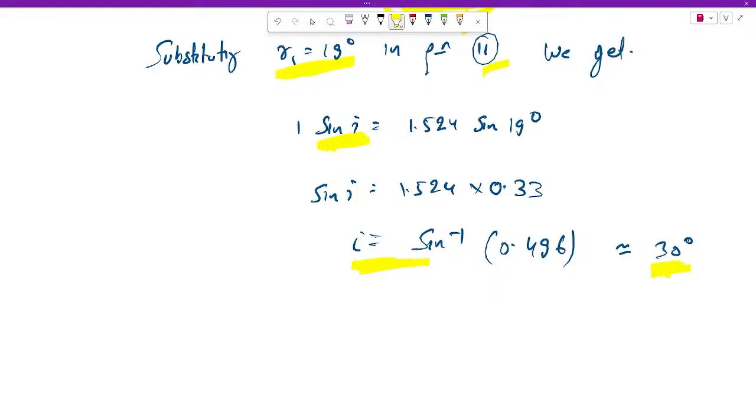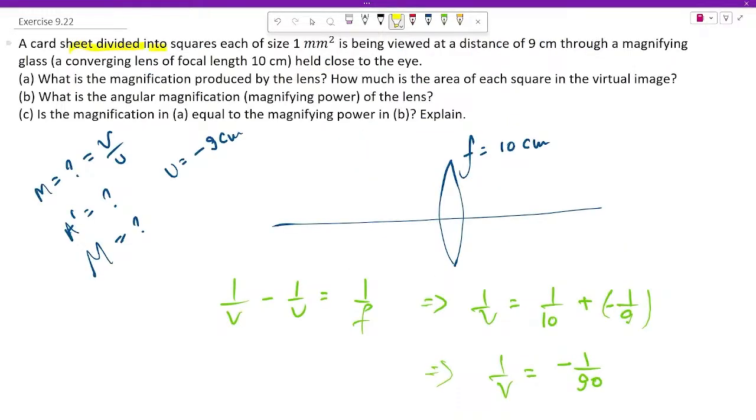The question says that a card sheet divided into squares, each of size 1 millimeter square, is being viewed at a distance of 9 centimeter through a magnifying glass, a converging lens of focal length 10 centimeter held close to the eye. Now what is the magnification produced by the lens, and how much is the area of each square of the virtual image? So the question is saying that there is a convex lens of focal length 10 centimeter,